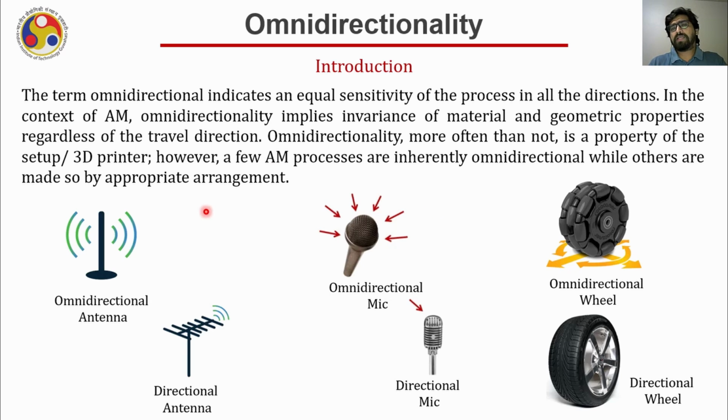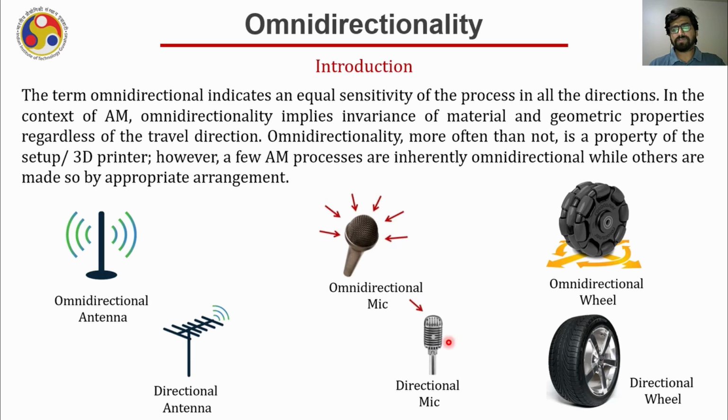I'll just give you the example of omnidirectionality in other processes as well here. Like this is an omnidirectional antenna which can receive the signals from all the sides. Similarly, this is a directional antenna. It can receive signals only from one side, and that is why it has to be properly aligned so that it can receive the signal coming from one direction. Similarly, this is an omnidirectional mic which can receive the voice from all the directions, while this is a directional mic which will preferably receive the voice coming from only one direction and block the other voices coming